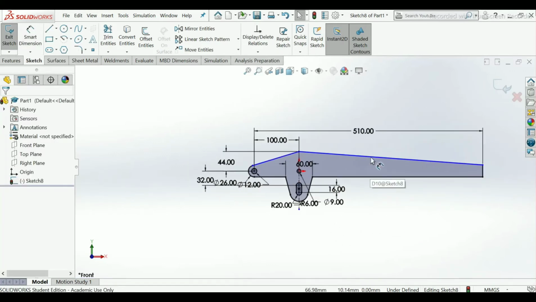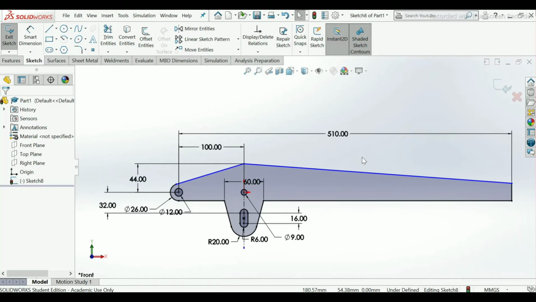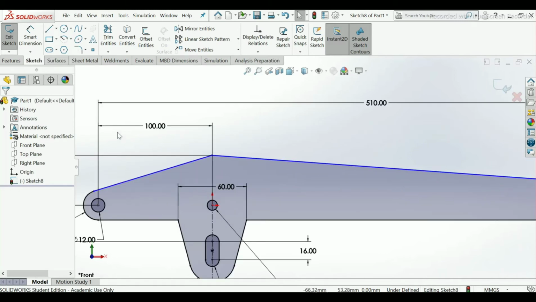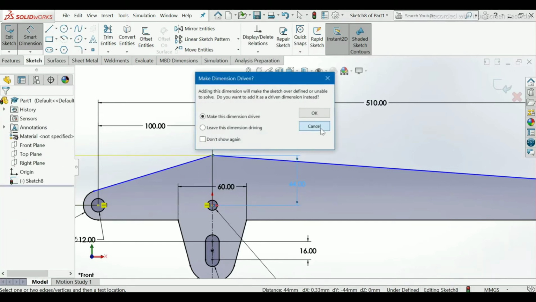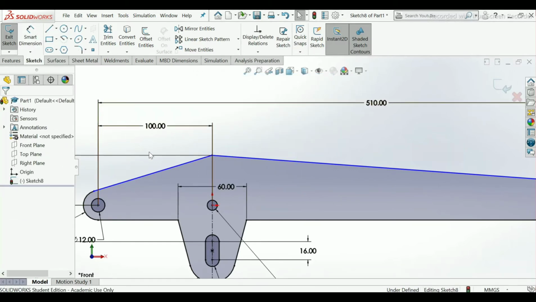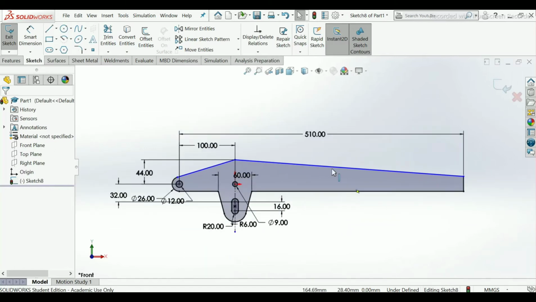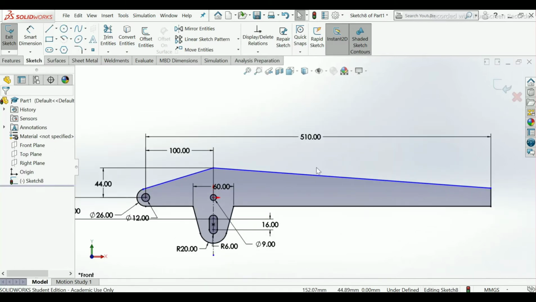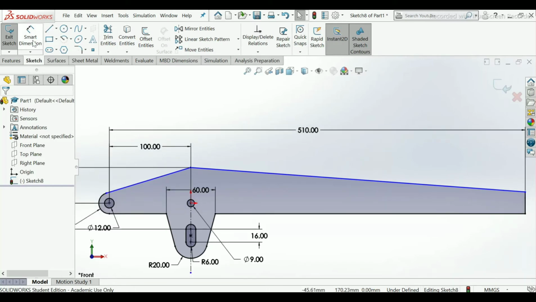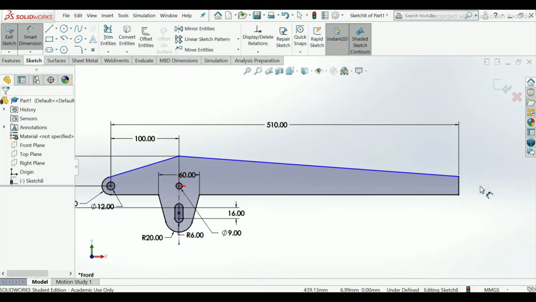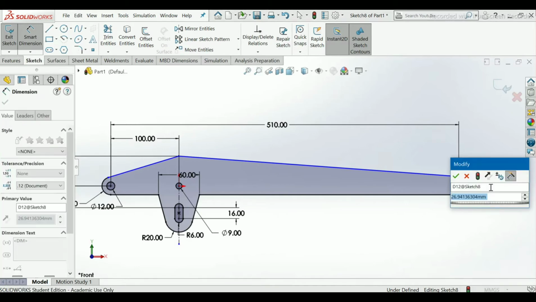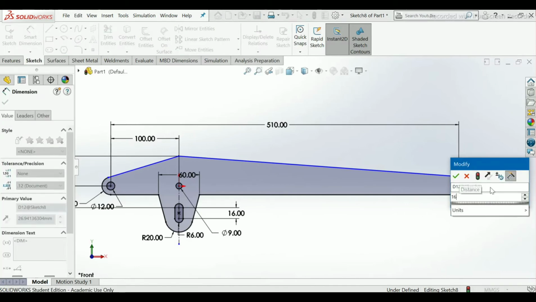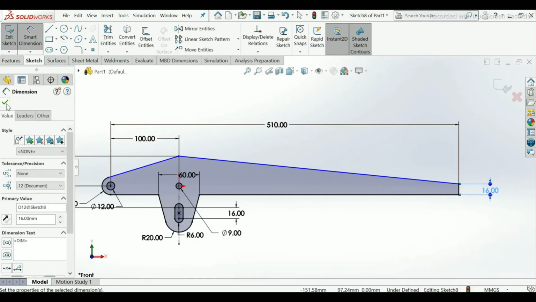Okay, select this point and this, select this diameter, select this distance as 16 mm. Okay.